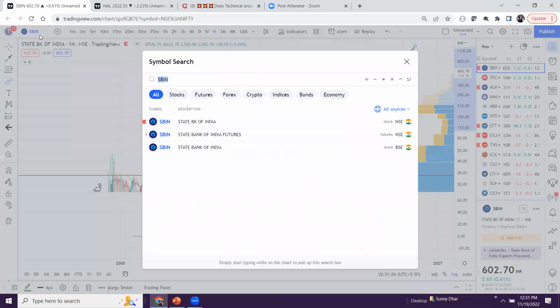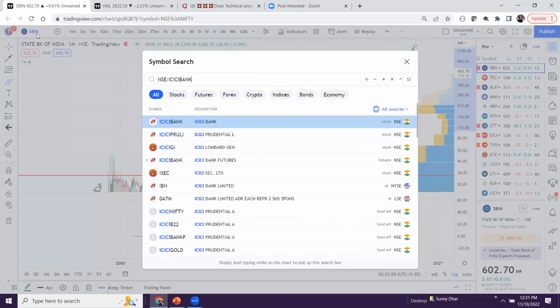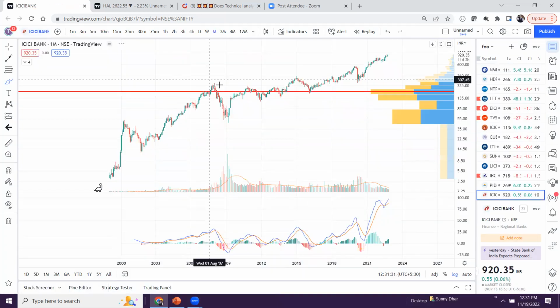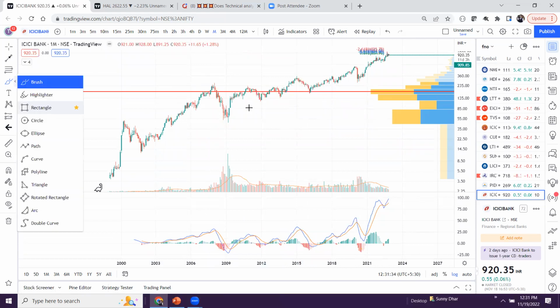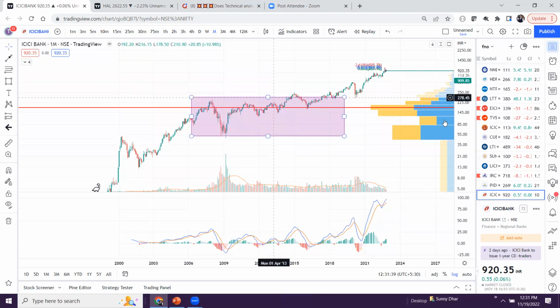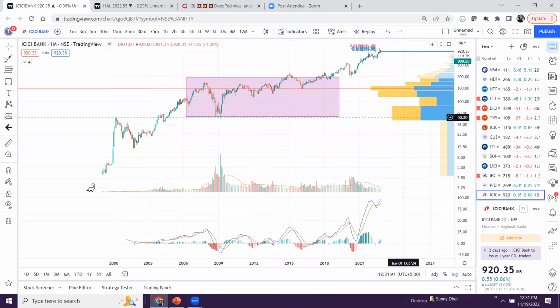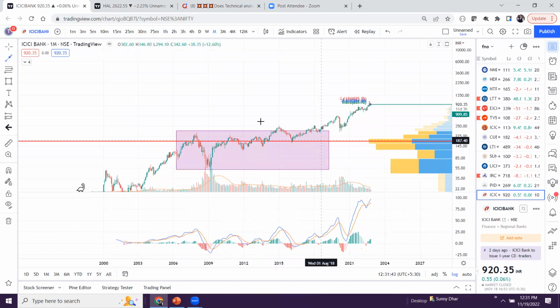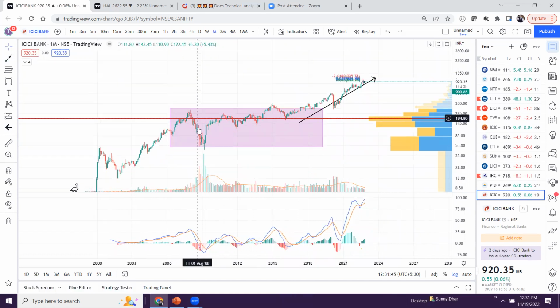So similarly, let us take ICICI Bank. ICICI Bank also had given a multi-year breakout, and see, most of the banking stocks are similar. Once they give a breakout, you can see they just keep on rallying. So you have to identify the structure that are in an uptrend